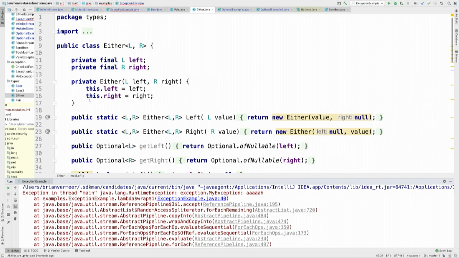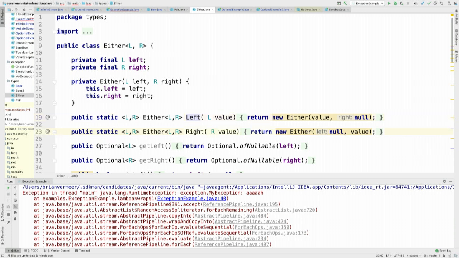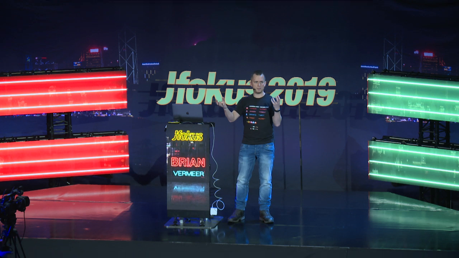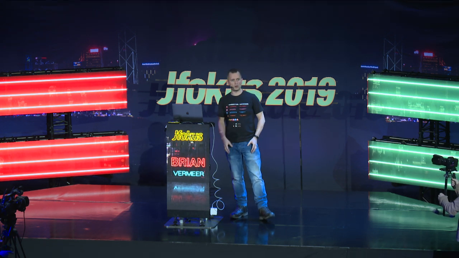It's called the Either type. And the Either type can either be a left or a right, because this is a very naive implementation. It's a private constructor with two static builders over here. So it can either be a left or a right, and it can be of any type. So it can be a string or an integer, or a string and a string, or an exception and an